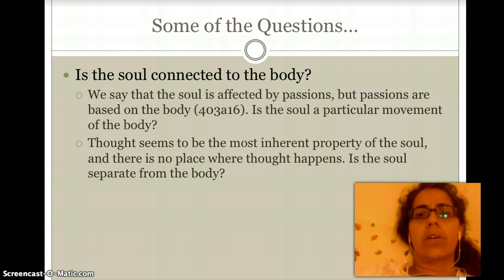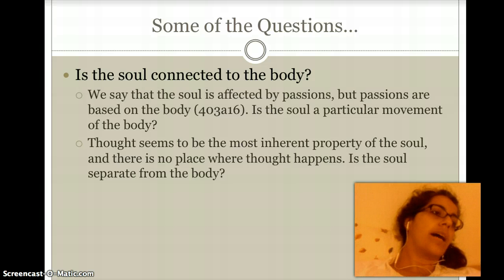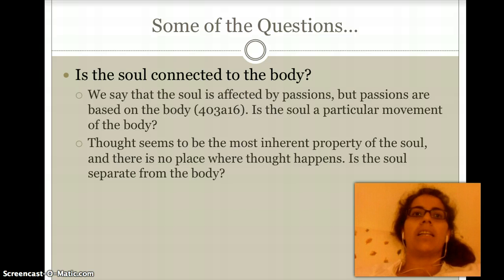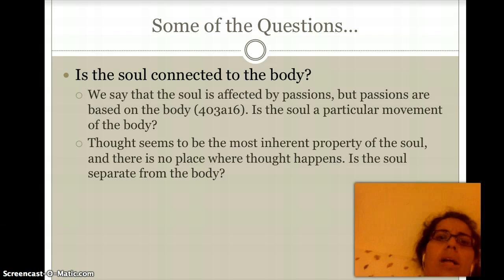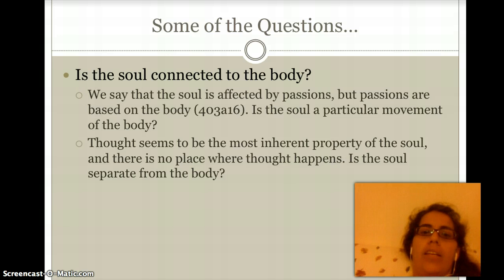So for Aristotle, he also wants to understand if the soul is a particular movement, right? Movement as in being affected of the soul. If everyone who has a soul is affected in the exact same ways, and what is it in the soul that allows us to be affected in that way. For Aristotle, thought seems to be the most important property that the soul has, the soul that we are said to have, right? However, he doesn't find a place where this